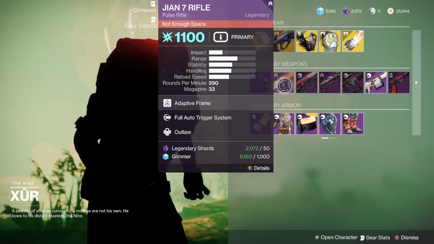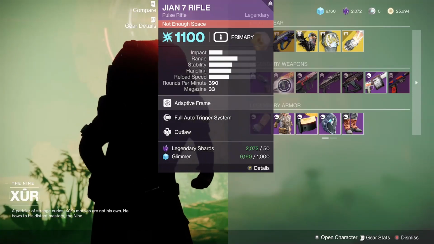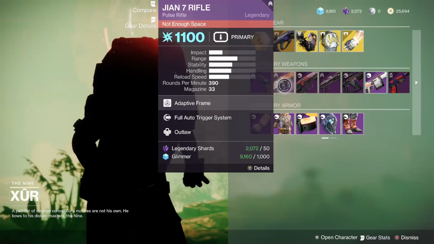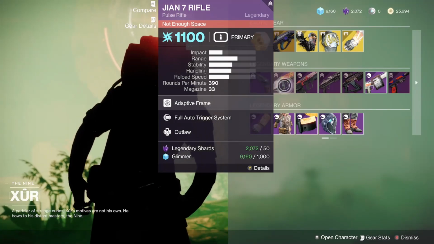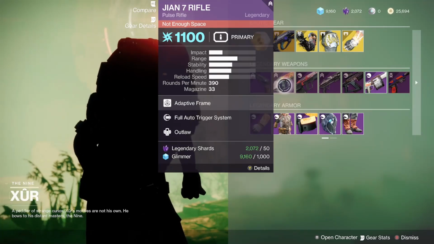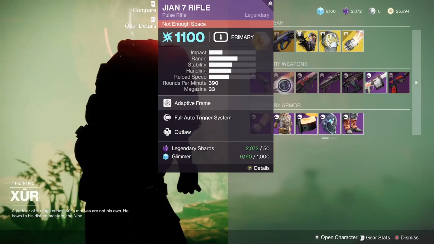We have the Guinean, I don't even know how to pronounce this, the Guinan 7 rifle, pulse rifle, I think that's how you pronounce it, Guinan. Full auto trigger system, which is something I tend to like on pulse rifles. I think it's a very understated perk. This is a 390. I almost said 1390. 390. So they're not really that meta. Usually it's the like,